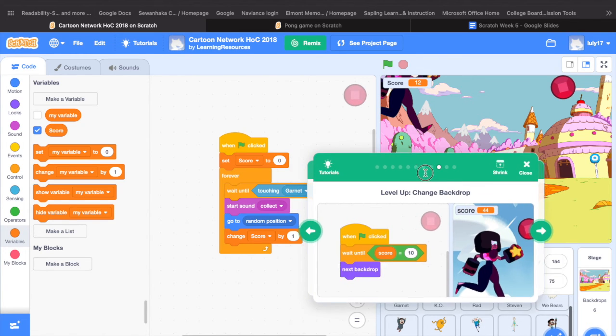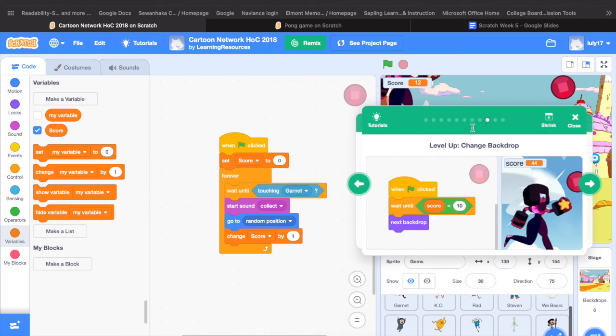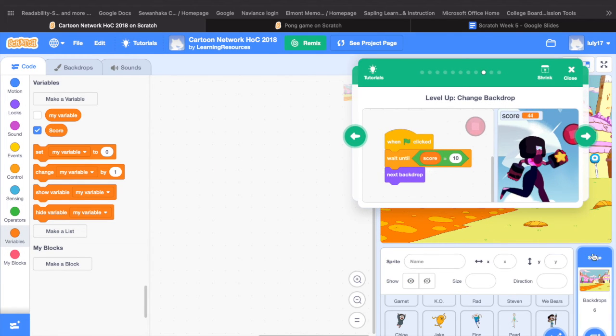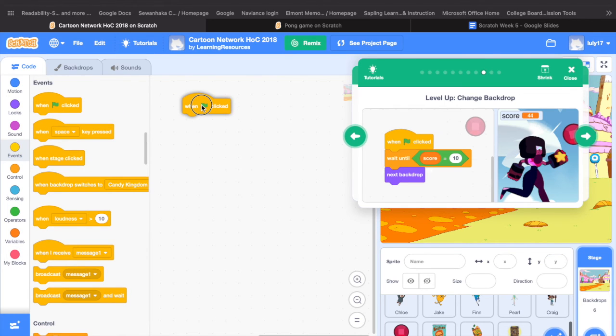And we can also have it level up the game after a certain amount of points is collected. So we could just select the backdrop. So you click over here in the bottom right hand corner where stage is, or no, you can just click it here, events, when green flag is clicked, then you go to control,